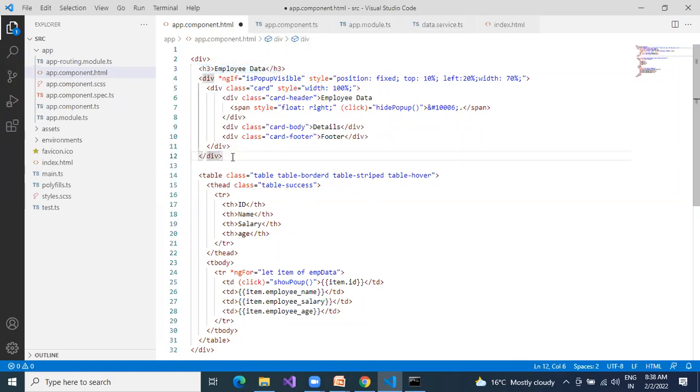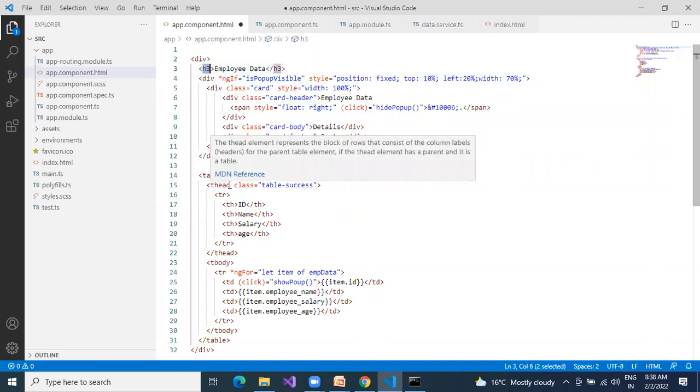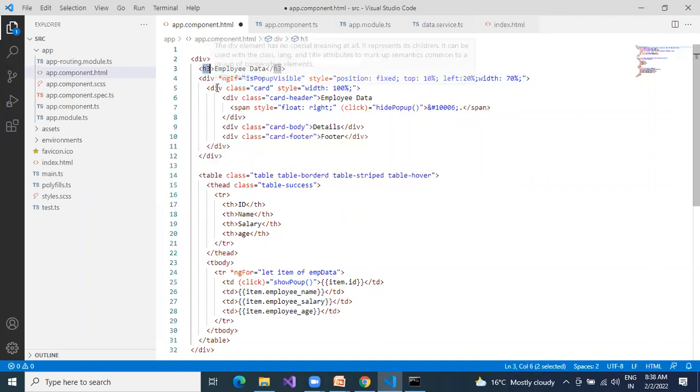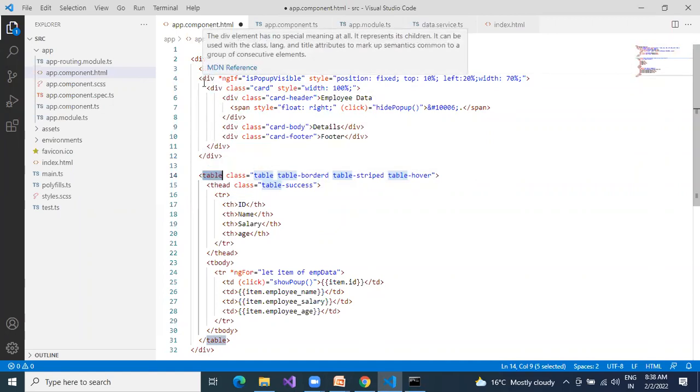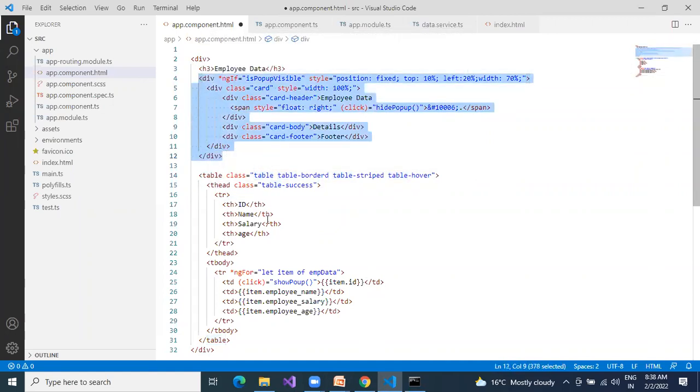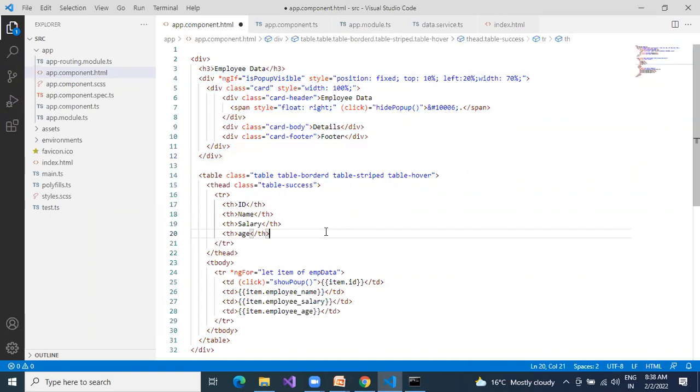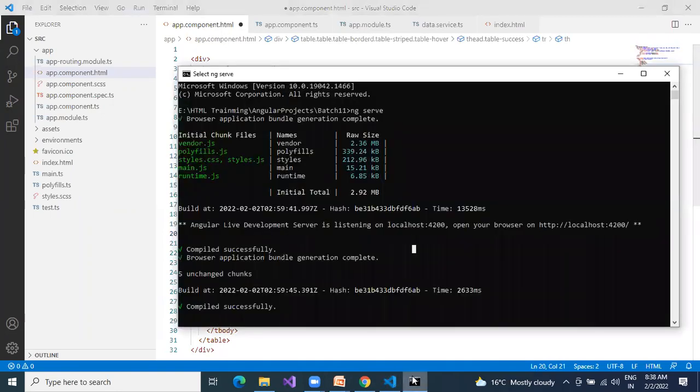For example, this is one division. End to end is called an element. This representation is nothing but an element, represented by some text or a phrase. Here the phrase is div for division. The phrase is table. The phrase is nothing but a tag, and the end-to-end representation is nothing but an element. But where is my attribute? I will show that attribute also.